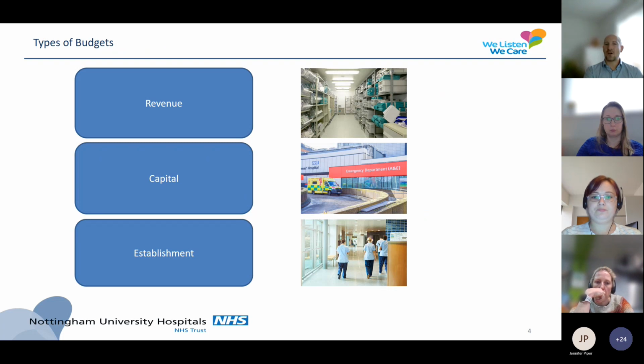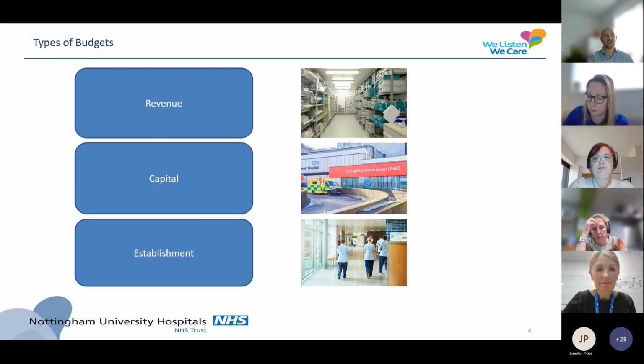So within that, there are different types of budgets. So revenue will be the one that you're probably most familiar with, and that includes pay budgets, non-pay budgets for anything from theatre consumables to pens, letters to patients, that sort of thing. There's capital budgets, which are not devolved out to the usual budget holder level, and there's usually a central control around those budgets. So they'll be managed through various investment governance committees, but they are also key in enabling yourselves to deliver against your financial